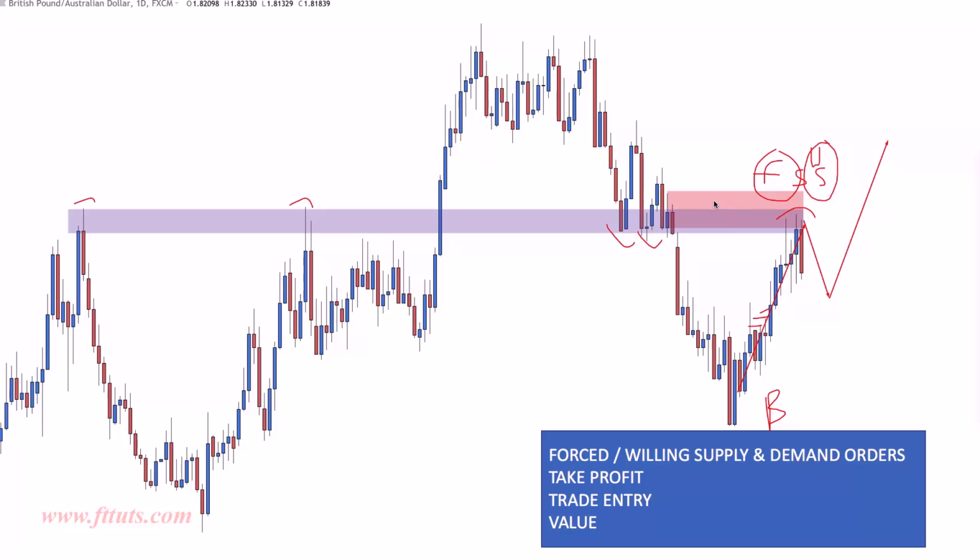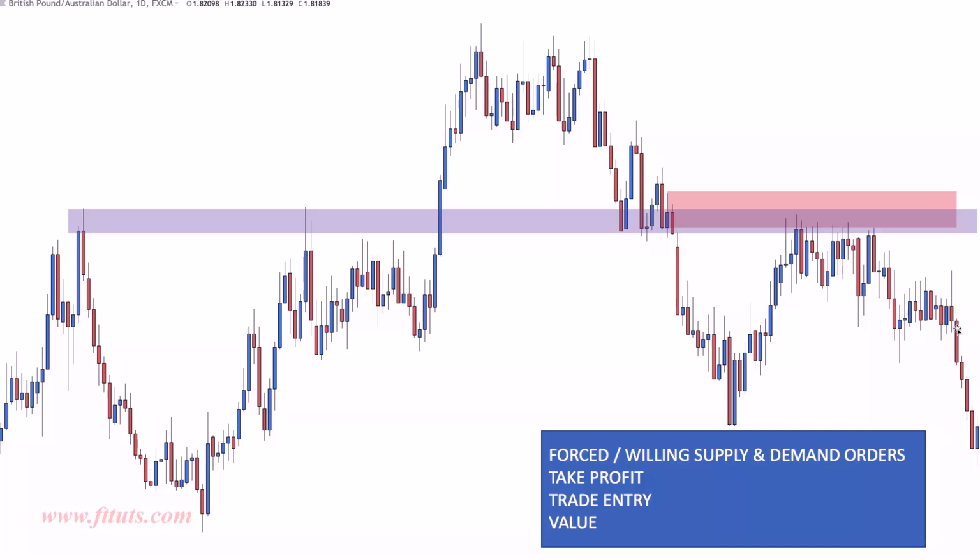And then what we have is ourselves getting in at this level of supply. Prices make lower highs, lower lows. We think that this is value in alignment with our fundamentals as an odds enhancer. And then what we have is trade entries, take profits, and value traders all in one area. And then what we see, again, if we're right about this move, is prices